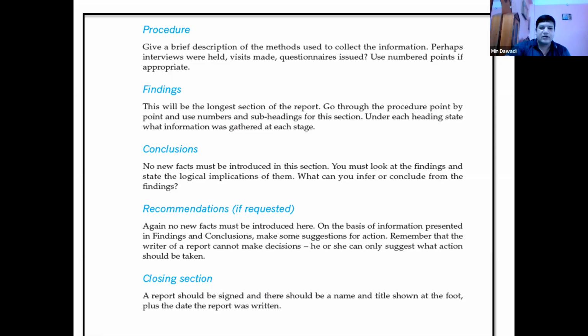Remember that the writer of a report cannot make decisions, he or she can only suggest what action should be taken. Writer ले यो report लेख्ने मान्छेले decision लिन सक्दैन, उसले त suggestion मात्रै दिने हो, decision making body लाई suggestion दिने. Manager हरूलाई यसरी चाहिँ गर्यो भने कम्पनीको अवस्था बेटर हुन सक्छ भनेर चाहिँ objectively, in a very smart way you give the suggestions, recommendations. मैले भनिसकेँ your recommendation must be smart. And the closing section of the formal report is okay here